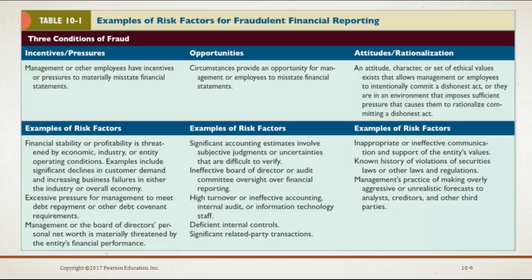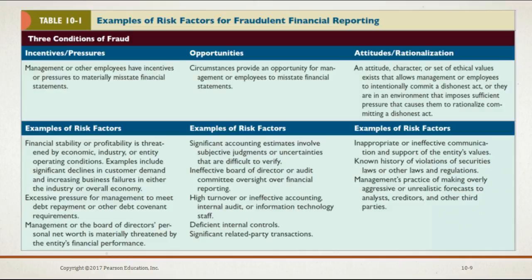A common incentive for companies to manipulate financial statements is a decline in the company's financial prospects. For example, companies may manipulate earnings to meet debt covenant restrictions or requirements. Opportunities for manipulation also exist greatly for companies in industries where significant judgments and estimates are involved. For example, a turnover in accounting personnel or the existence of other deficiencies in accounting and information processes can create